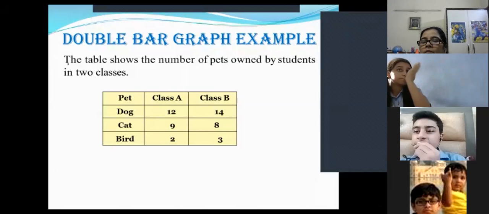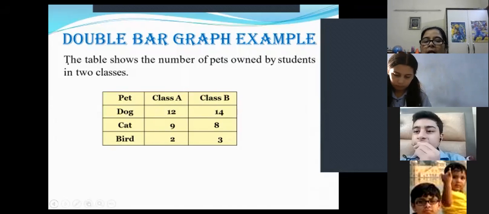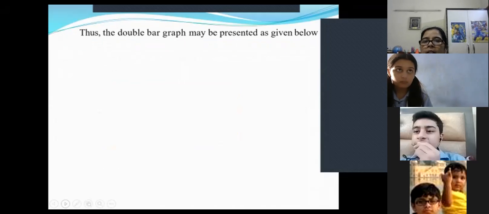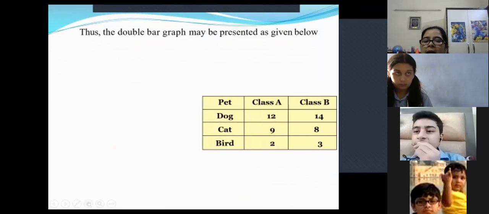मैम हमें इसमें डिफरेंट कलर्स में करना होगा मैम, डबल बार? हाँ जी. Either you can color with different pencil colors or you can use the shading with the pencil also. I'll show you how the graph looks. Data also I have kept here. Data you will not keep. I have just kept it to make you understand.